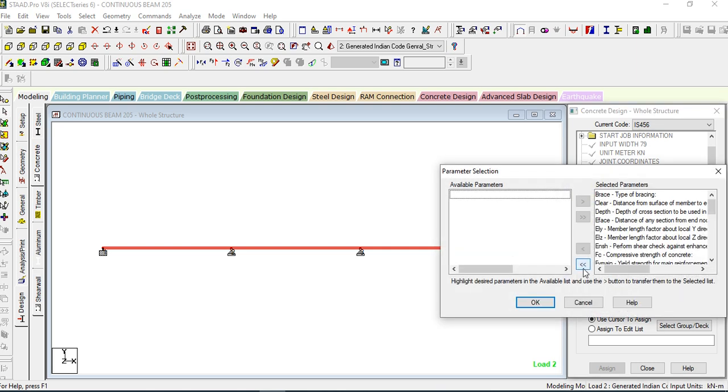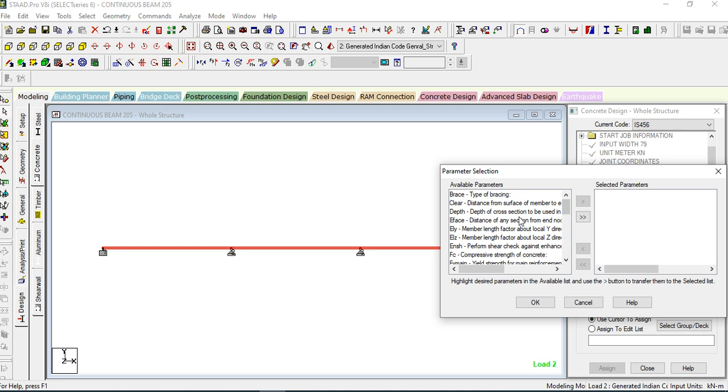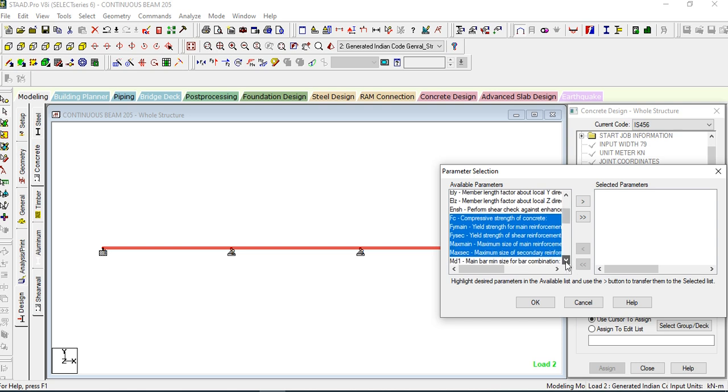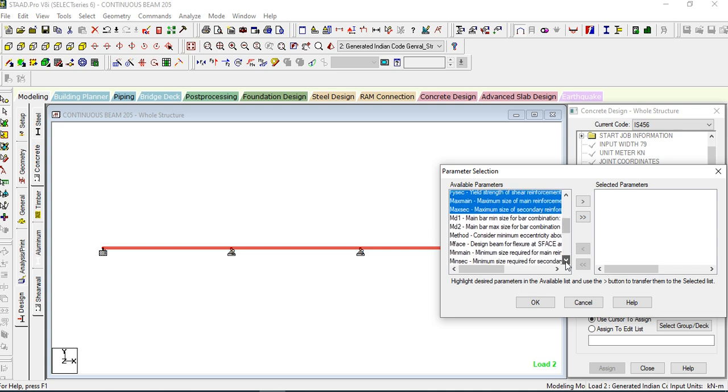Now you select whatever parameters you want. Generally we select FC, compressive strength of concrete, and FY for main and secondary, and the maximum diameter of bars for main reinforcement and secondary, and the minimum diameter of the bars,